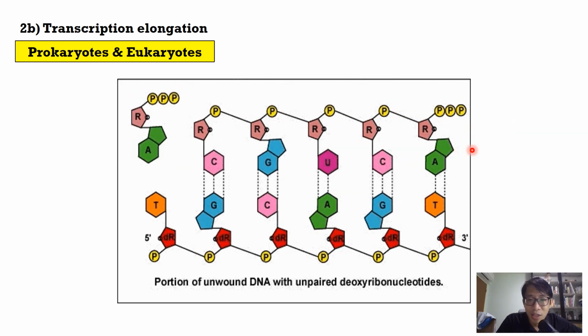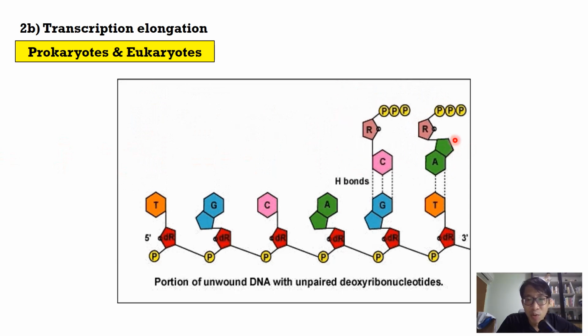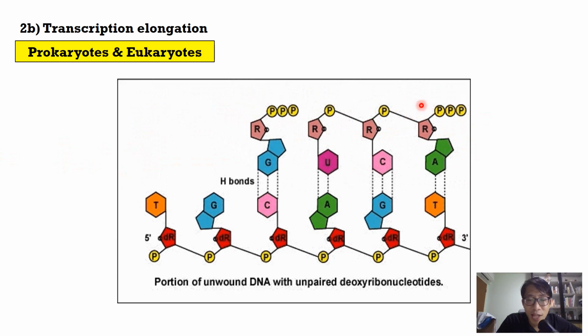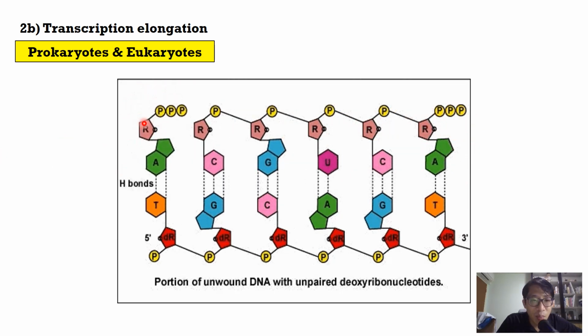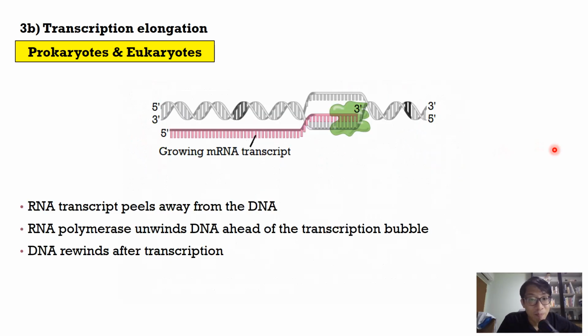So this is the growing mRNA strand. The mRNA strand will grow from 5' to 3'. This is the 5' at the start, and at the end it will be the 3' here. So 5' to 3' direction. As the elongation continues,